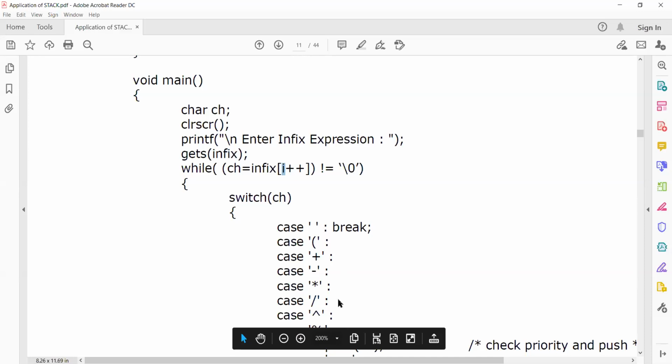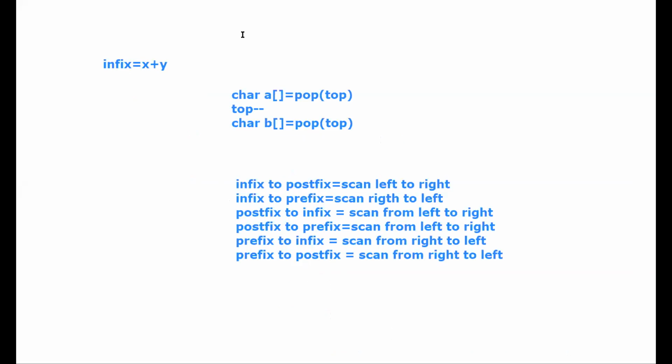So infix of i is this: x, this is plus, this is y.